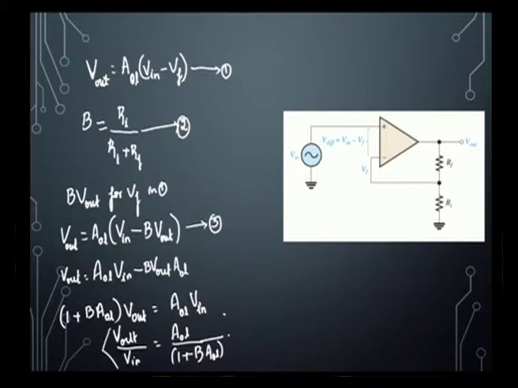The condition that we are going to apply here is: if the product of open loop gain and attenuation factor B is much greater than 1, then V out divided by V in is approximately equal to